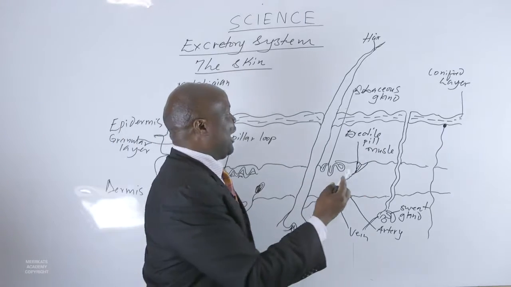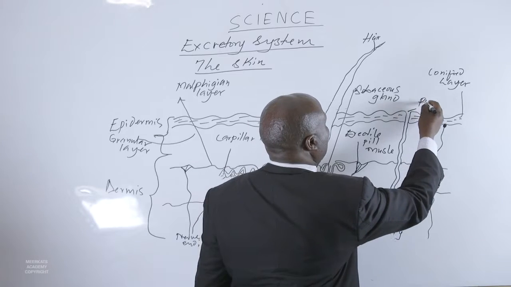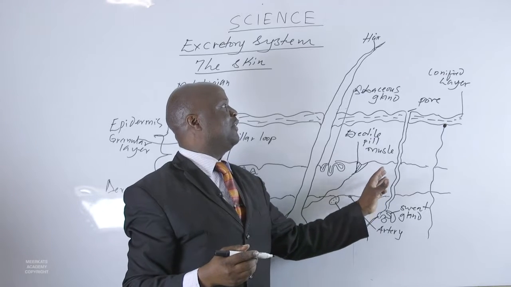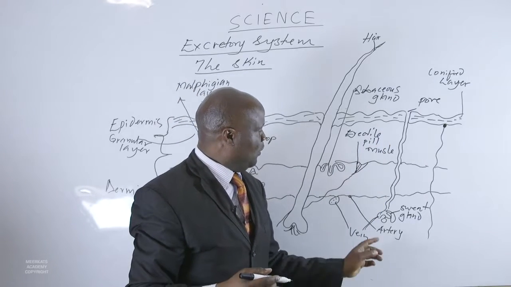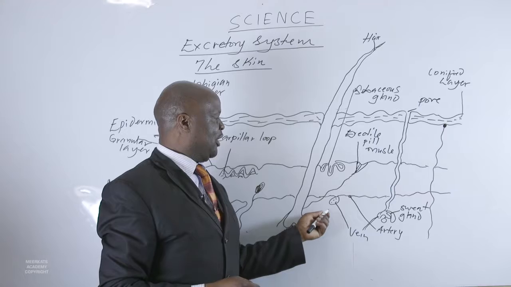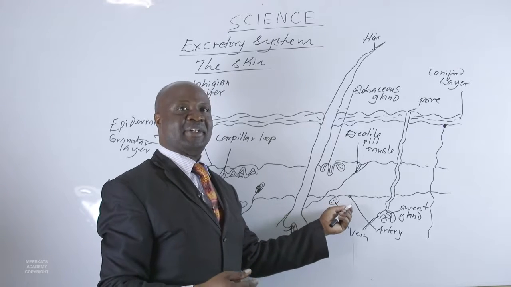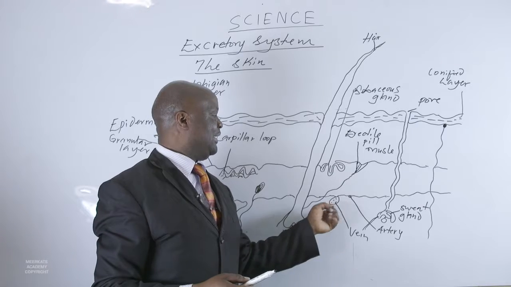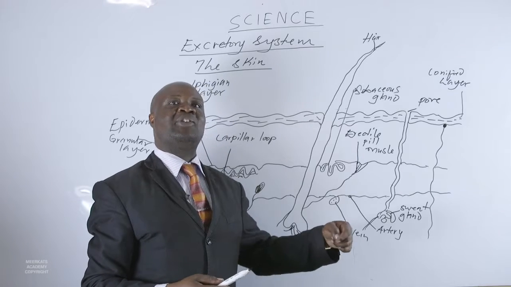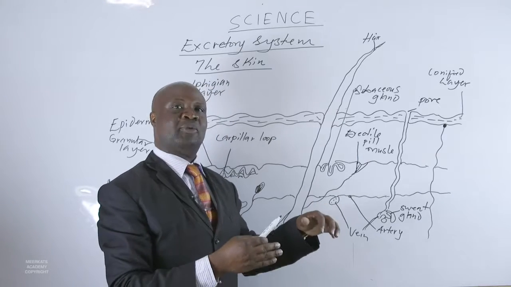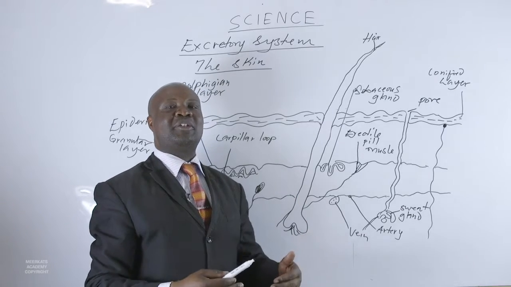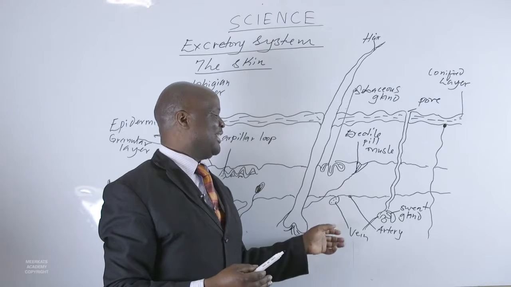So this is the pore. At the opening from the skin here, we have the sweat pore, and the excess water gets itself out through the pore. Then we have just indicated in tiny that the skin has veins and arteries. The vein is a bit larger and the artery is small and thick. We shall later study these veins and arteries in depth when we deal with the circulatory system. In the circulatory system, we shall understand how the vein works, how the artery is, and we should also see an organ called the heart, what the heart does to the vein and to